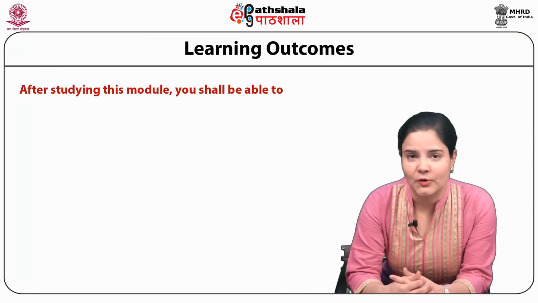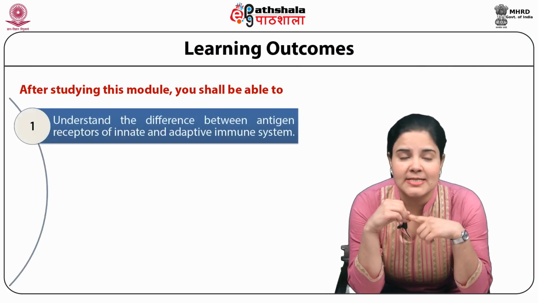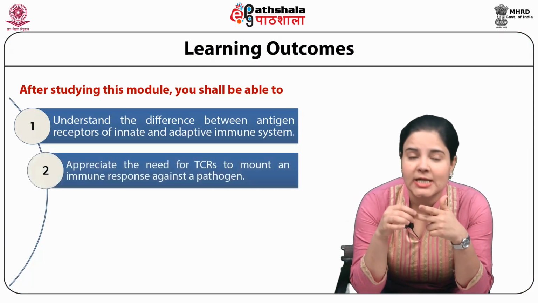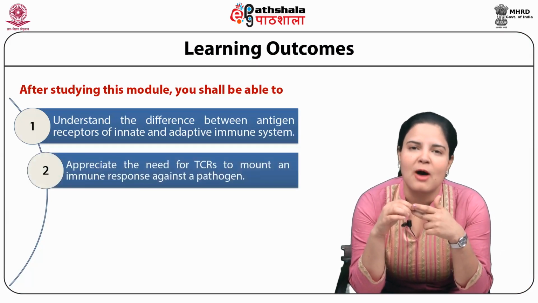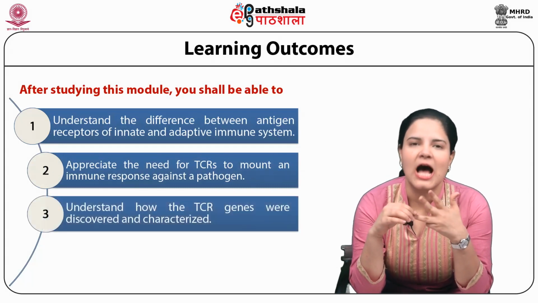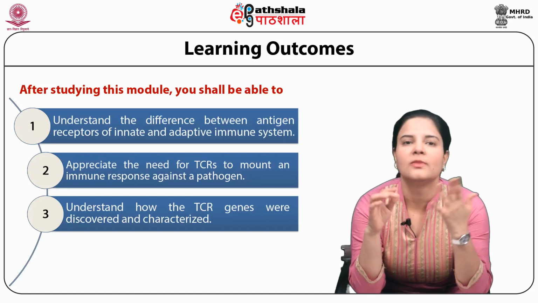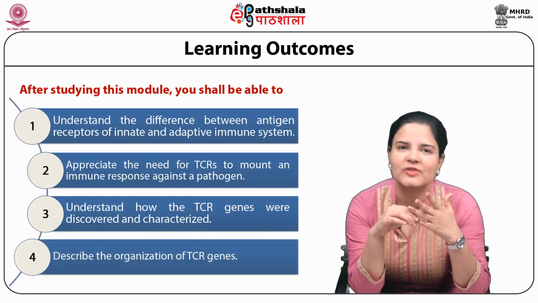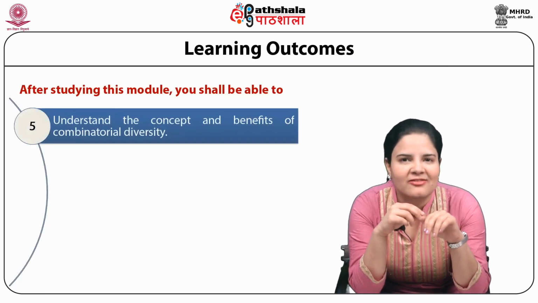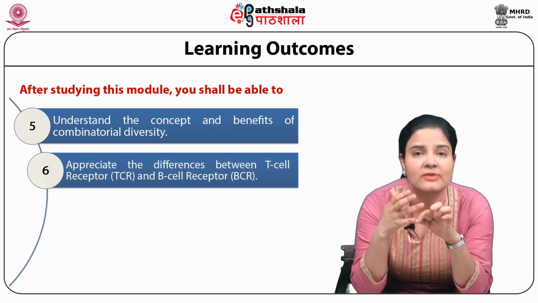After studying this module, you shall be able to understand the difference between antigen receptors of the innate and adaptive immune system, appreciate the need for TCRs to mount an immune response against a pathogen, understand how the TCR genes were discovered and characterized, describe the organization of TCR genes, understand the concept and benefits of combinatorial diversity, appreciate the differences